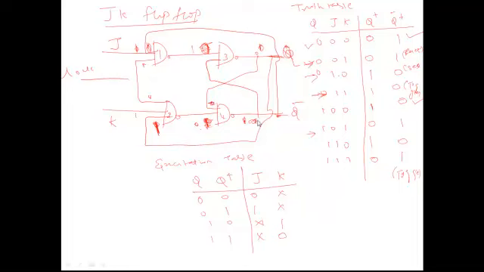Now finally we are going to understand the T flip-flop. T flip-flop is nothing but the toggle flip-flop, which is derived only from the JK flip-flop. What we are going to do here is just tie up the J and K together to toggle the output. That is what we call a T flip-flop.